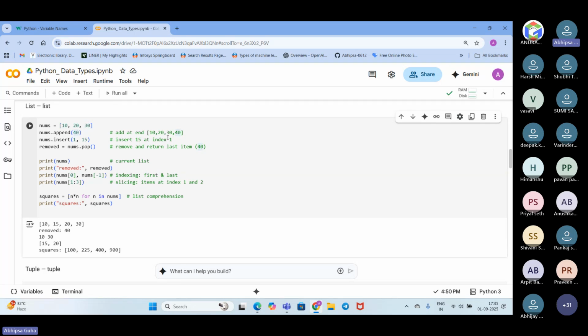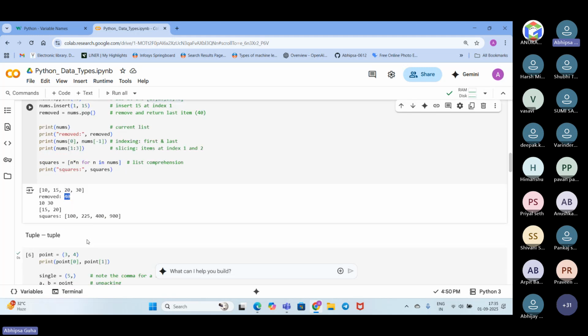So nums was updated to that list, and if I pop, then 40 will be popped off. So we have popped off 40. Now I want to print the current list, which is 10, 15, 20, 30. So it has printed the current list.